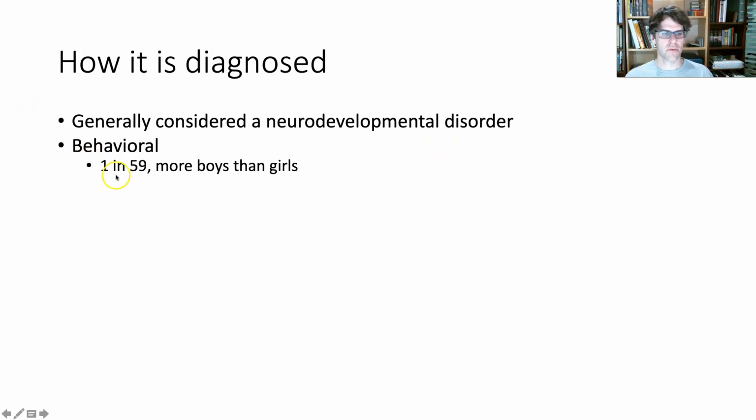Behaviorally, we diagnose it. It's a behavioral defect, right? And about 1 in 59 children born today are thought to have it, more boys than girls in general. A big hallmark of this is a deficit in social communication and desire to sort of communicate with others. Again, when we talk about Alzheimer's, there's a bit of a withdrawn effect to that, and that's sort of similar here as well. So it's both a desire to communicate and the decreased ability to communicate and interact with others